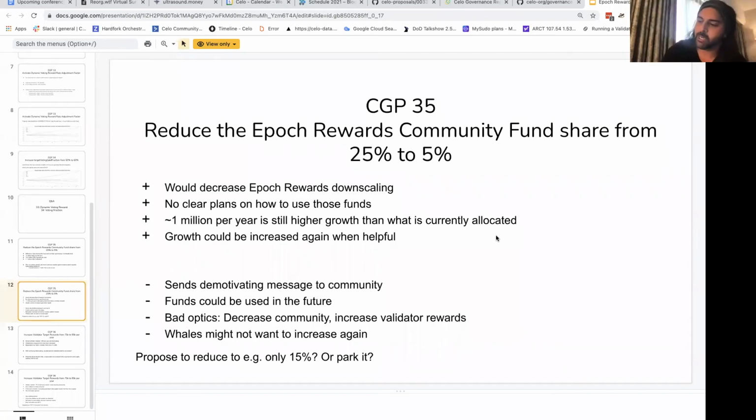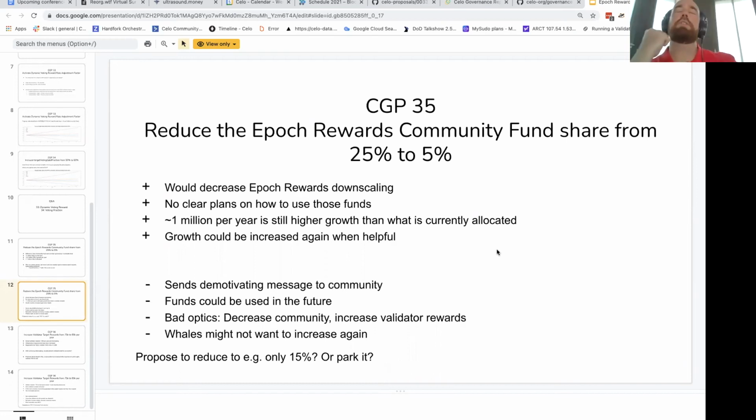Yeah. Because even if we have other agenda items, we can just book another governance call for 2 weeks from now. So it's fine. Does anybody have any feedback on CGP 35, any opinions and stuff? I've noticed there's some chat and there's been some discussion, but I just wanted to give everyone the floor.